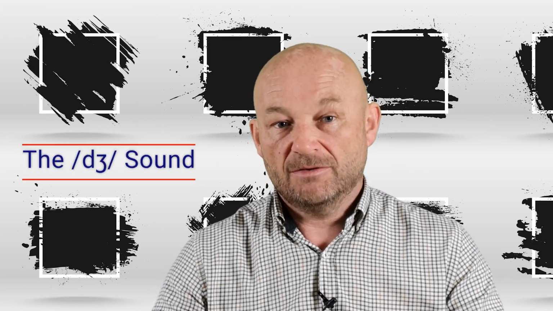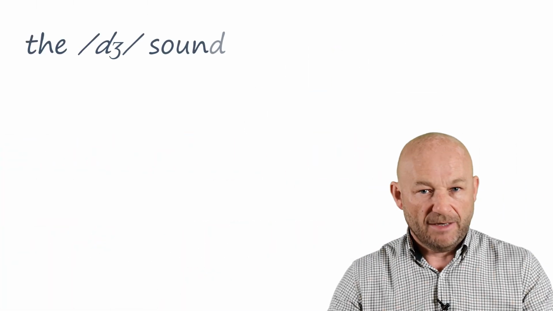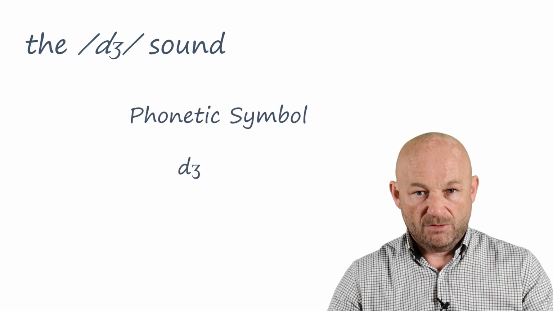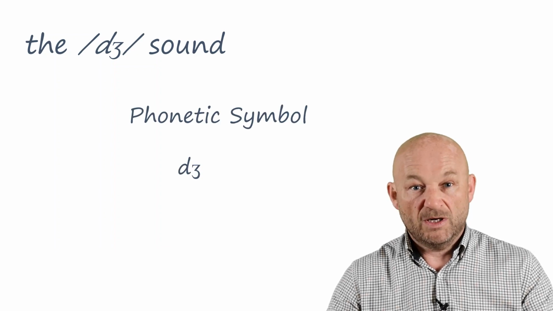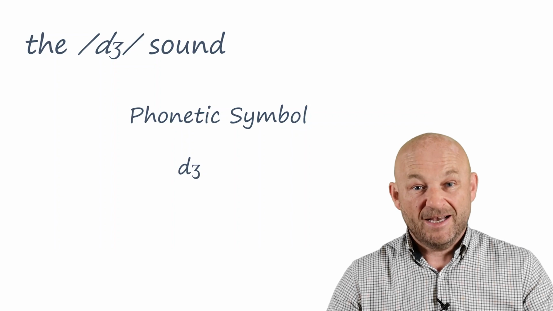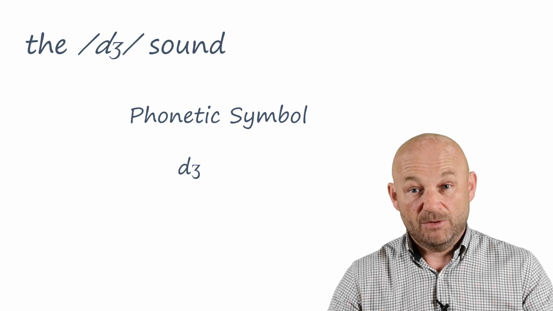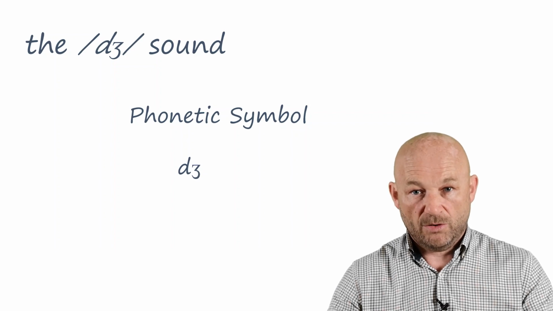Now let's have a look at yet another commonly mispronounced and quite difficult sound in English, and that is the j sound. I'm going to use the phonetic symbol for this sound so that it is clear, because many different word letter combinations use this sound. This is the phonetic symbol for this sound. You may find this useful when looking up words in a dictionary, as it will tell you when to make this j sound. And I will show it to you with some of the words we are going to practice with.